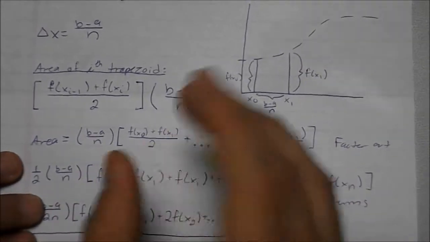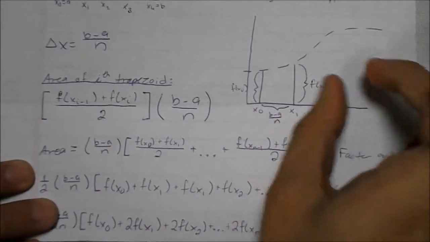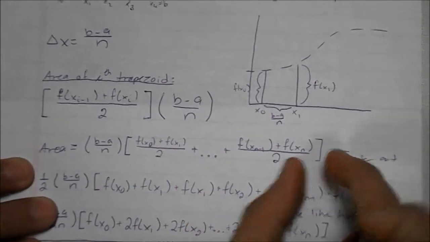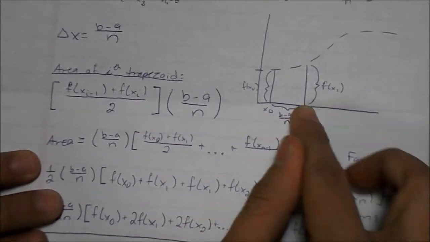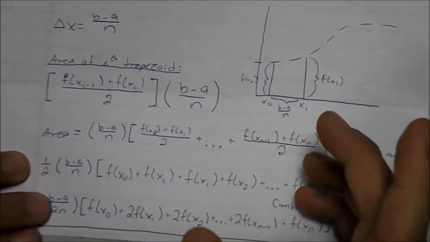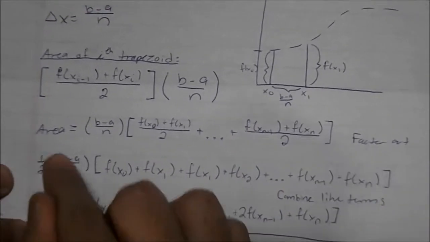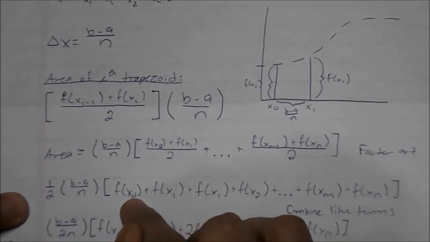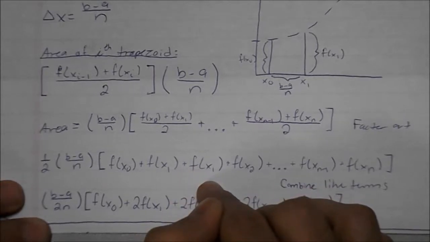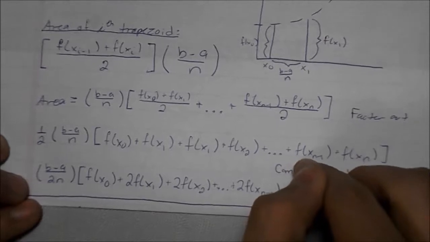Now, we have one trapezoid having this formula, but since we have multiples, we would write them all in here. So you're going to have your first trapezoid plus your second plus your third, and so on until you get to your very last one. Now on this side, they're all being divided by 2, so we can factor out a 1/2 from that whole side, and it turns into 1/2 times b minus a divided by n, and what we're left with is f of x0 plus f of x1 plus f of x1 plus f of x2 plus f of x2, and so on until you get to f of x n minus 1 plus